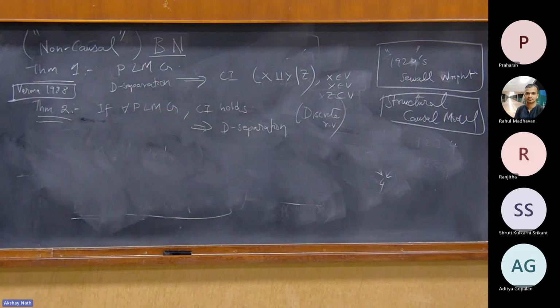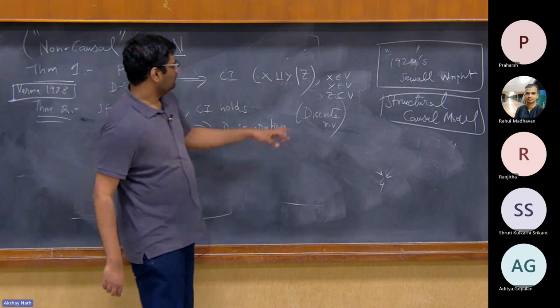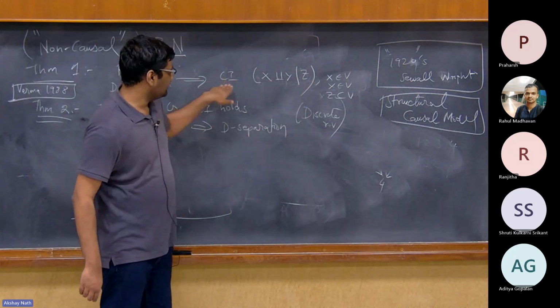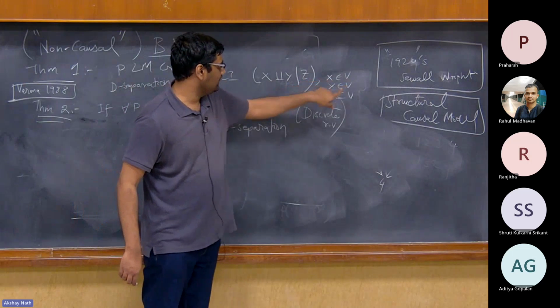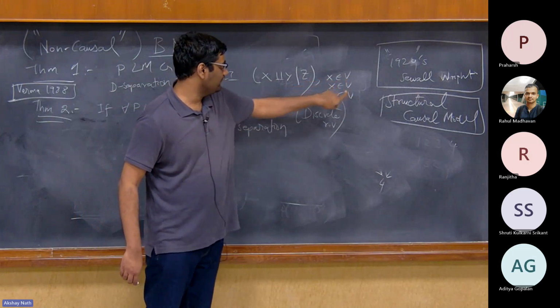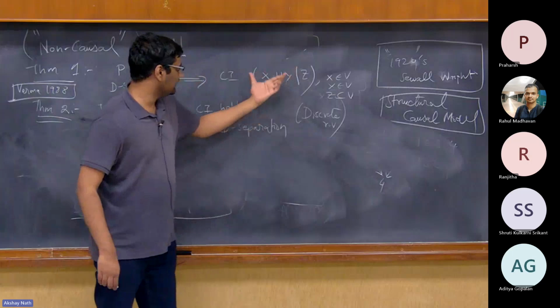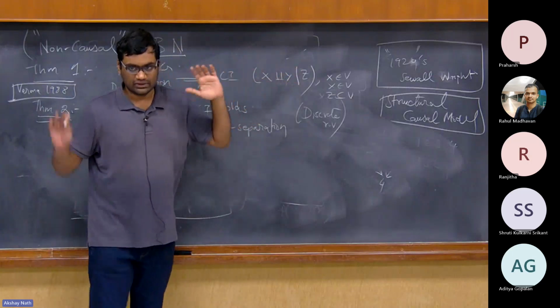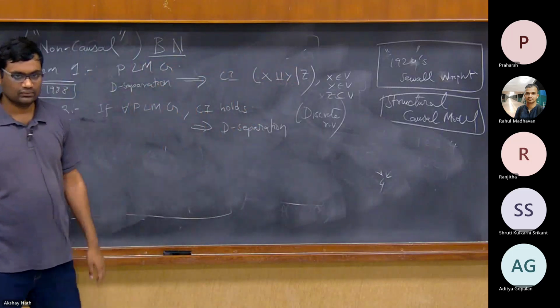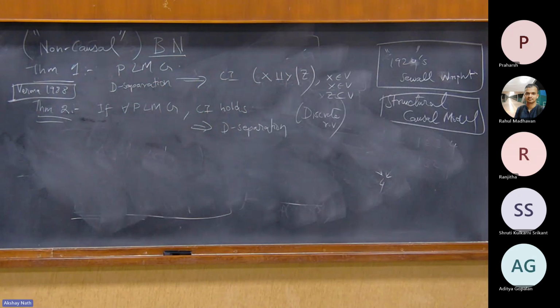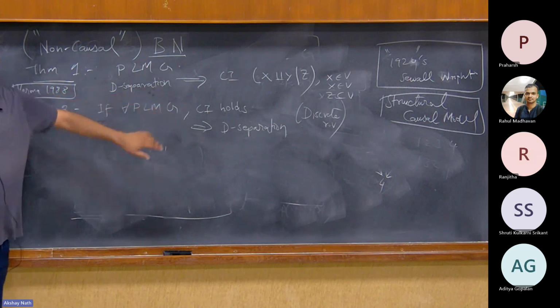What do you mean by conditional independence? There exists some X, Y, and Z such that the condition holds. Yeah, this is a specific condition. So there's some variable subset belonging to A, some subset belonging to B, some other subset belonging to C, such that I test this conditional independence with respect to the variables that I have. When you say that X and Y are d-separated with respect to Z, yeah, that's what it is. I'll come to it.